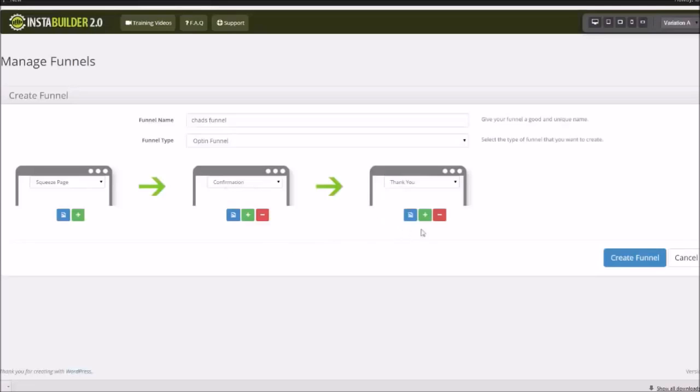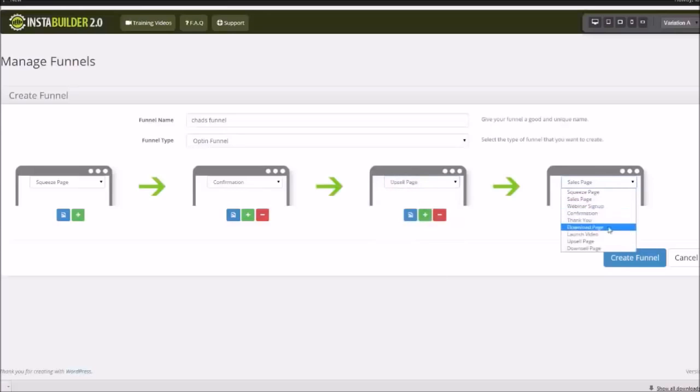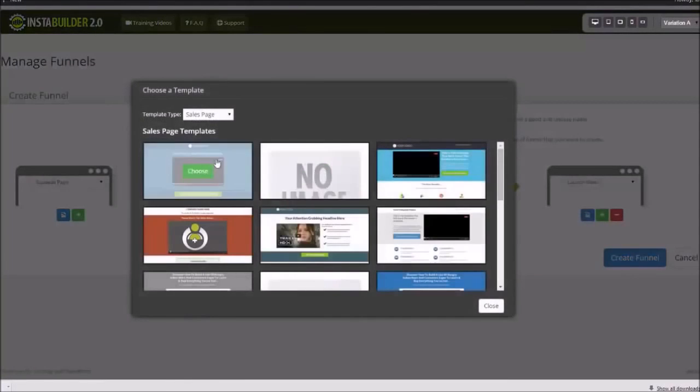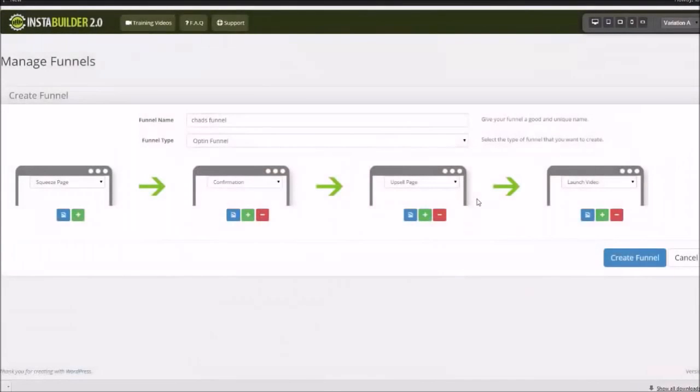Now, if I want to add another page, I can come over here and click add. And then I can simply come over here and change out whatever it is I'm trying to do, right? We have a squeeze page, confirmation, maybe this here is going to be an upsell page. And then maybe over here we have, I don't know, some launch video or something, right? That doesn't make sense, but you guys get the idea. And this is how fast you can go and create sales funnels with the OTO, right? So we can come over here, click on the element, choose our upsell page, and that's how fast we do this, right? And when we're all said and done, we're gonna come over here, we're gonna click the create funnel